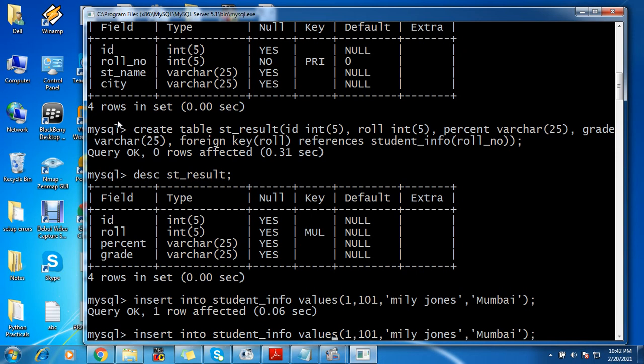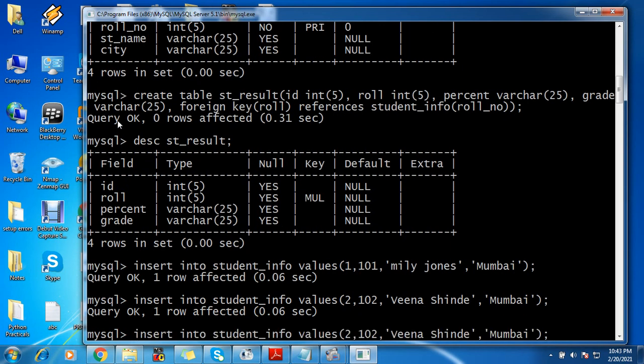I'll quickly add the another value, 2 for second. Okay, one more value, 3 for 103.